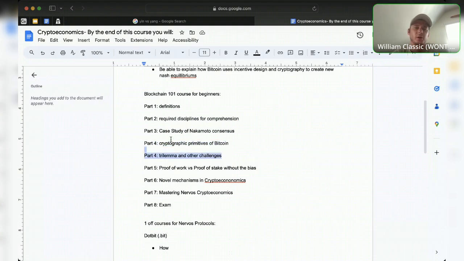And then as well, the architecture of a blockchain. So you'll understand how the blocks are connected, what a block header is, how transactions are ordered, what a nonce is, and basically how